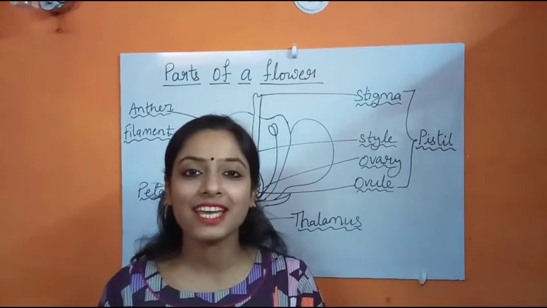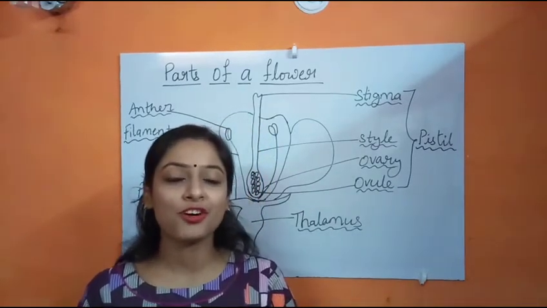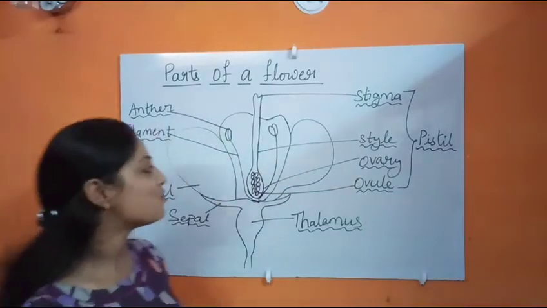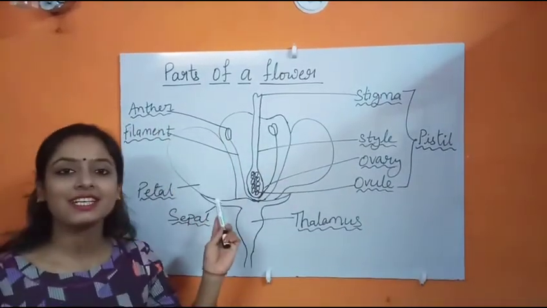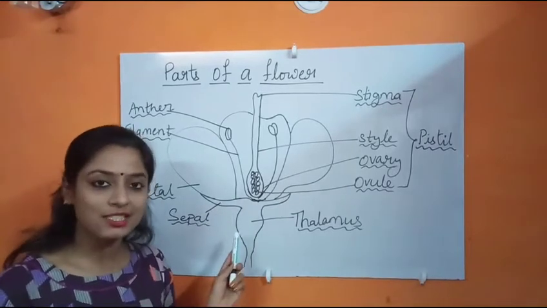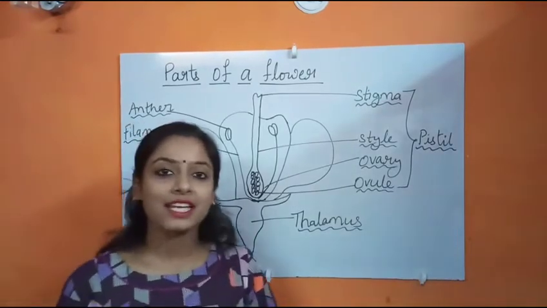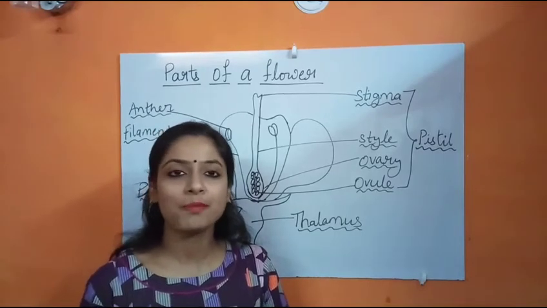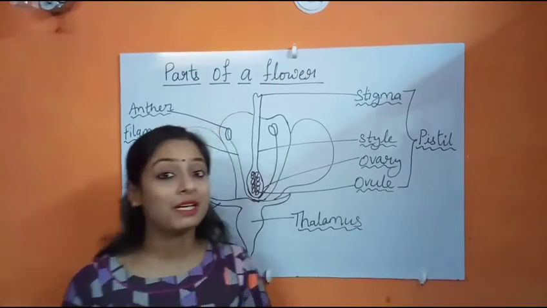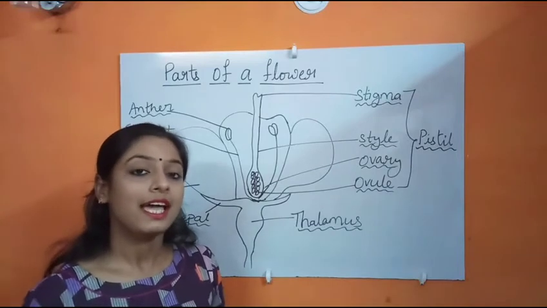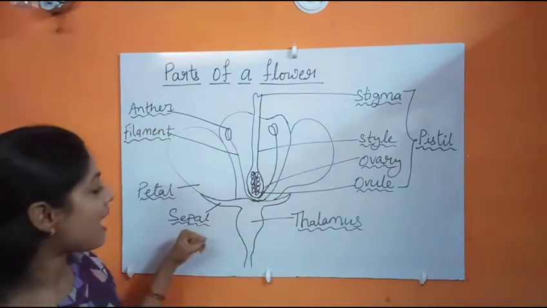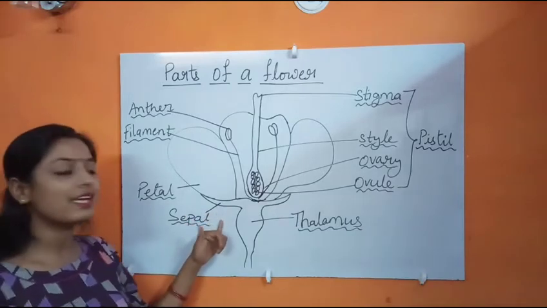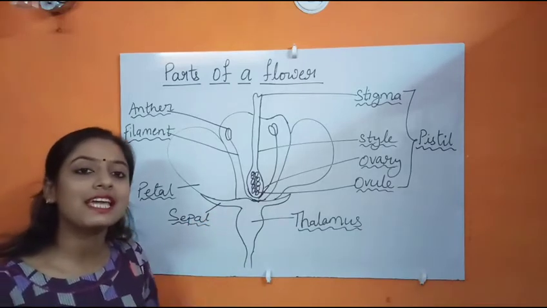Today I am going to take the topic of parts of a flower. So beginning with, as you can see, a flower has different parts, but if we look at it, we hardly find any part in it. जब हम फ्लावर को देखते हैं तो हमें कोई भी पार्ट उसका डिफरेंट नहीं दिखाई देता, but it has different parts. In biological terms or in science, we can see the outermost part is a sepal, which is green in color.